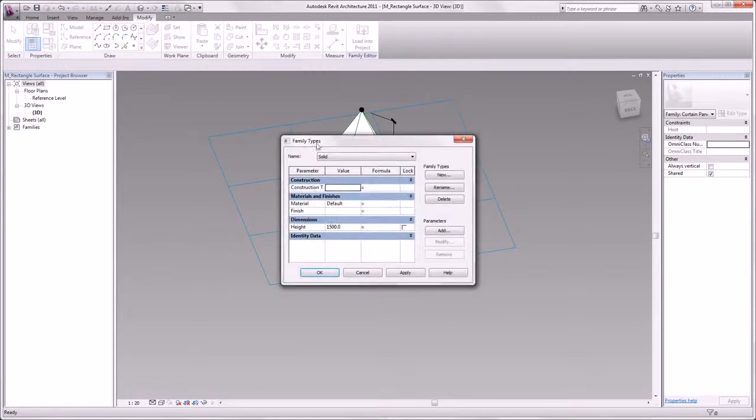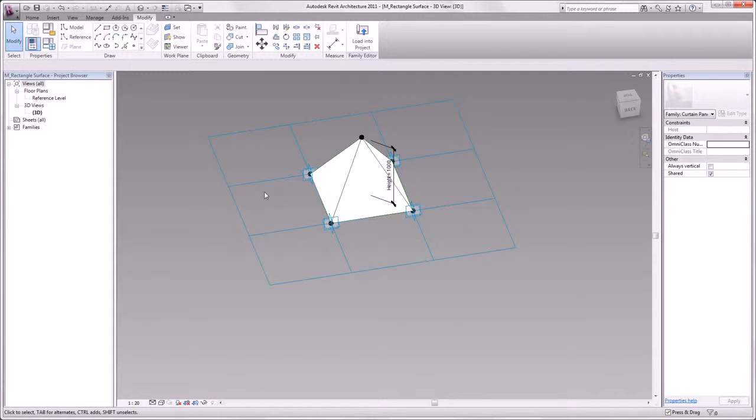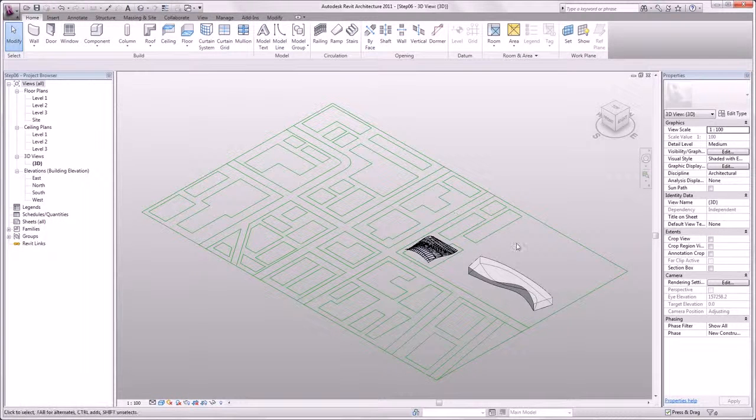Click it. And we change the height to 1000. And it works. Now we are going to load the panel into our project. Click here, load into project. To place our panel on a surface, we have to divide a surface. So we select our mass over here,